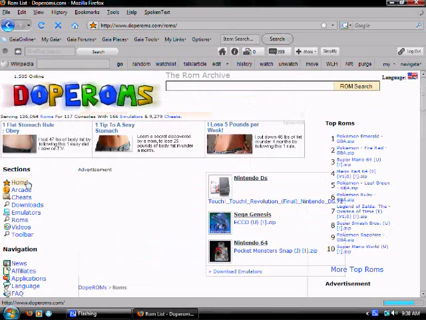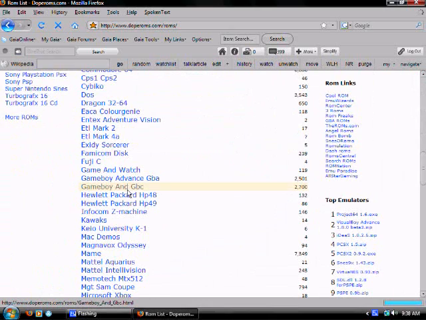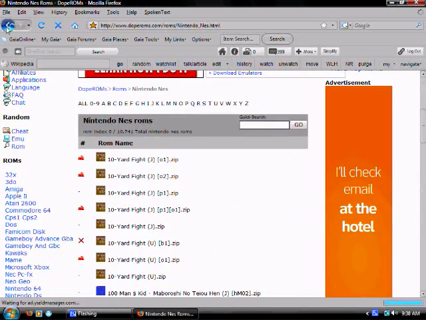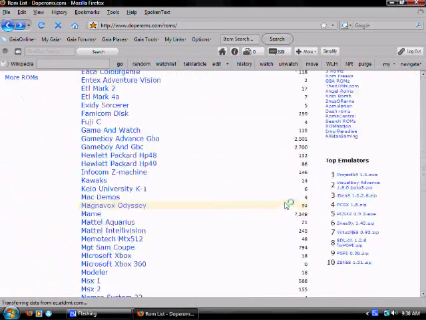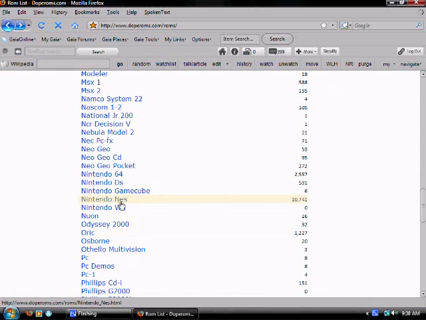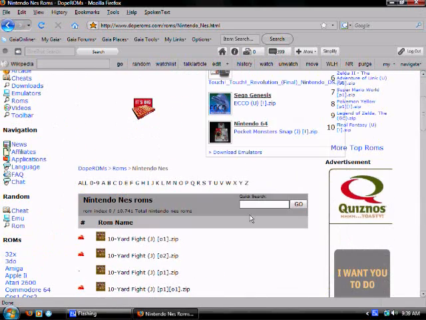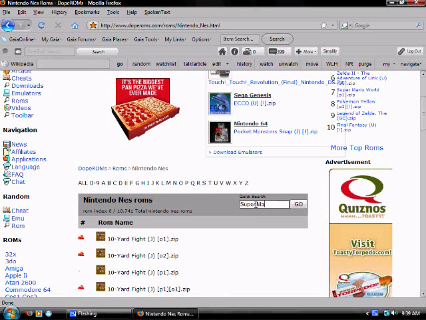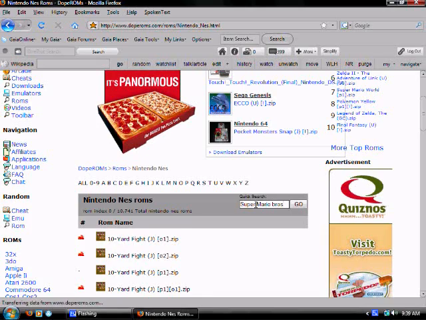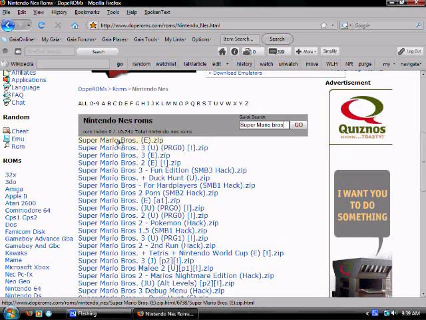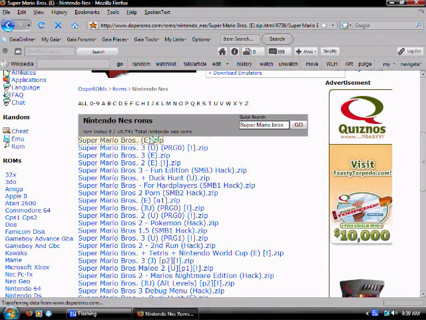You go to ROMs and pick out your console, in this case the NES. There's a bunch of them, like it said back here. There are 10,000 for the NES and like 6 for the GameCube, so you see how I don't really use the GameCube at all. So search for it or go by letters. Let's just do Super Mario Bros. Then you're going to get a bunch of these. If you're looking for the first one, do the first one, obviously. Then you just click it,